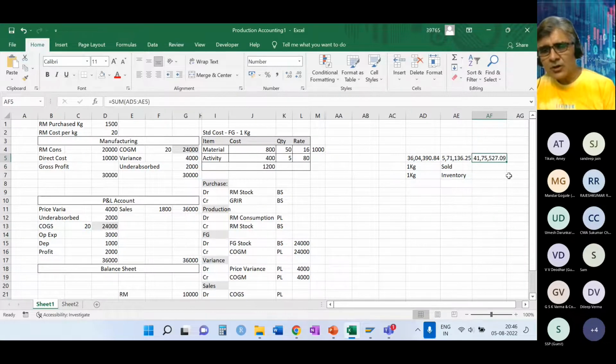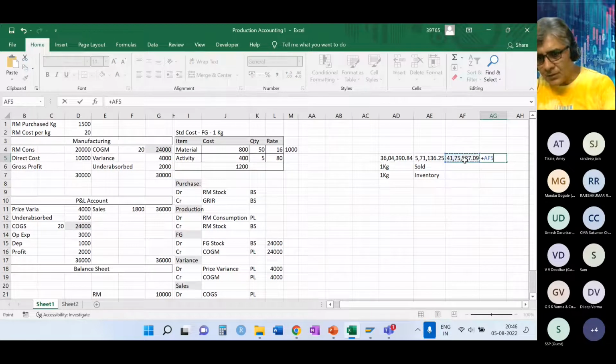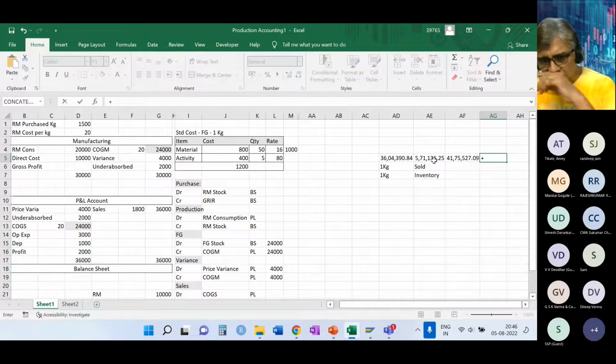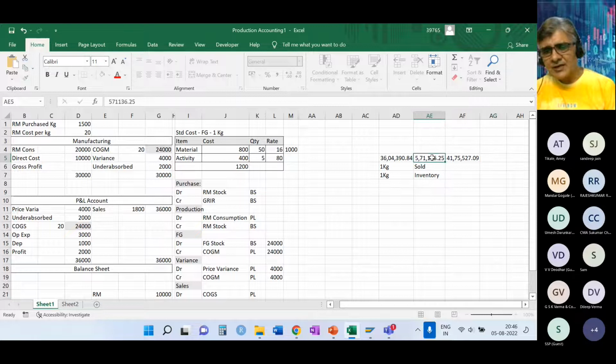SAP knows that this is the 2 kilo, and so what will happen is this variance will actually get split. Let us first think what will happen if actual costing was not there.